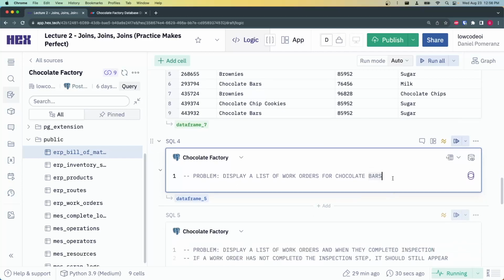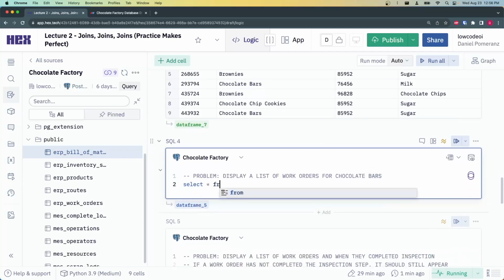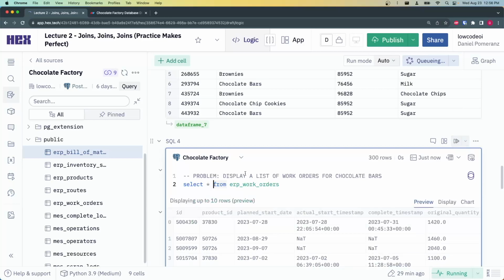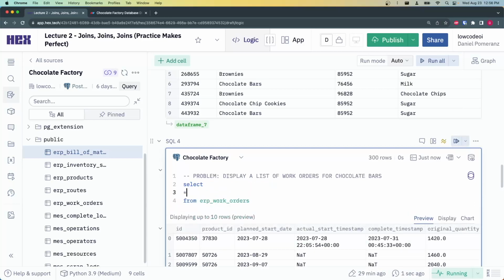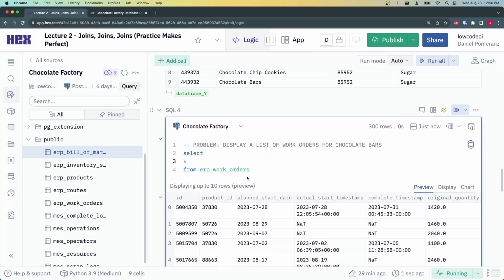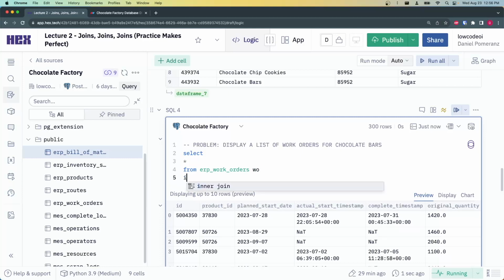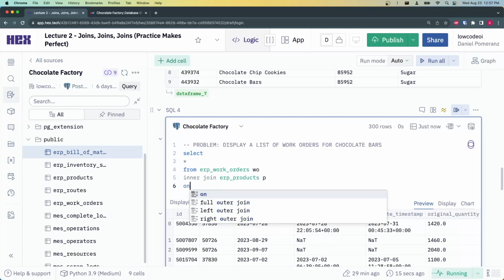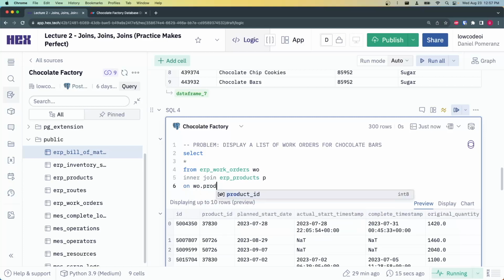Okay, so select star from ERP work orders. Always a great way to get started. Let's look at this table, and we'll probably see a product ID column, right? So we want to join on that product ID. So let's label this first table work order. Inner join ERP products. So that's the table which we know has the product name, on work order dot product